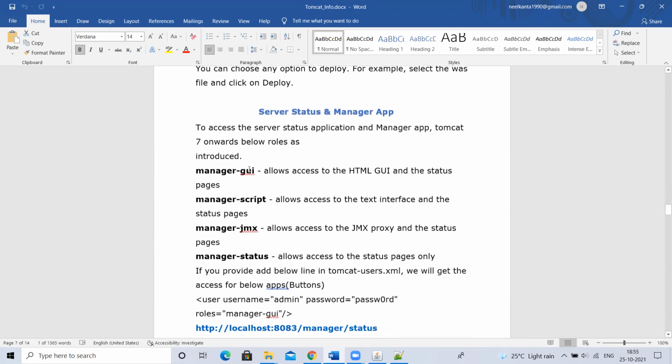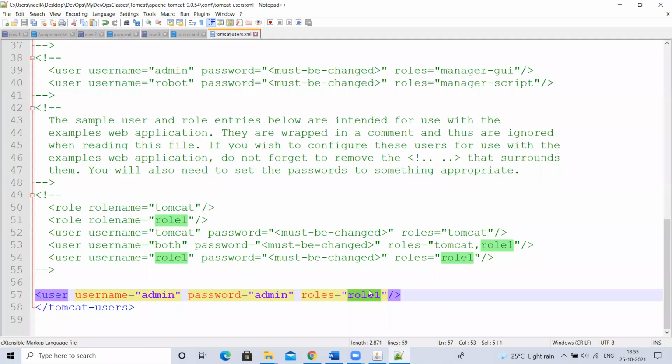Once you enter, you have different roles: manager GUI, manager script, manager JMX, manager status. Like that, there are different roles, and you have to give those roles to the user. For example, I'm giving one role for that user, manager GUI.